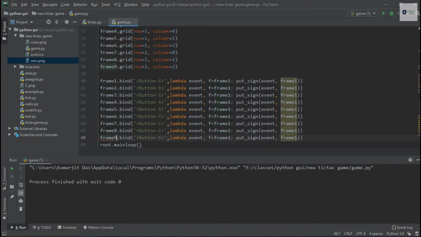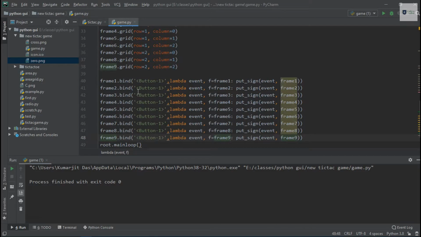And I also have to change all these names here, and also this must be changed. So I've finished binding the click event with each and every frame in this program.